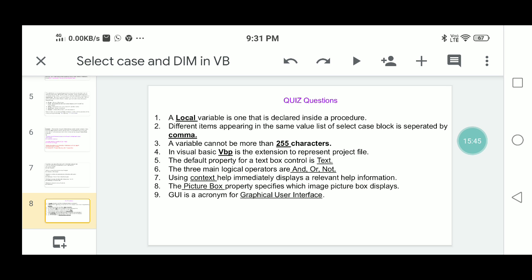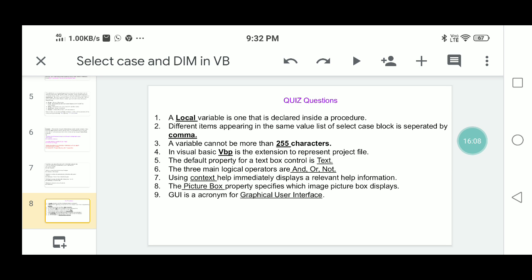Context help immediately displays relevant help information. The Picture property specifies the image a picture box displays on the form.